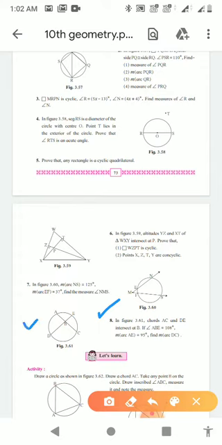So here a figure is given, and in this diagram the two chords, chord AC and chord DE, intersect at point B. Angle ABE is also given to you, which is 108 degrees, and the measure of arc AE is also given as 95 degrees. We have to find the arc DC. Okay, now let us start.